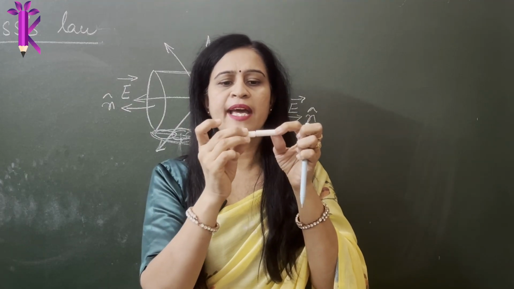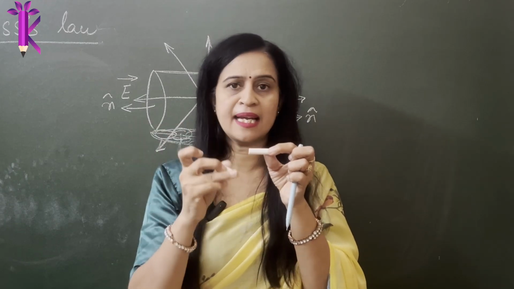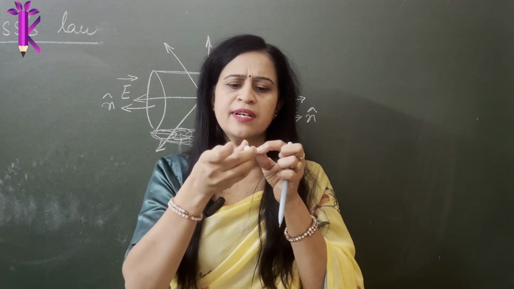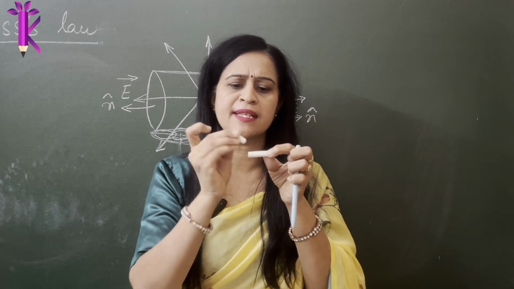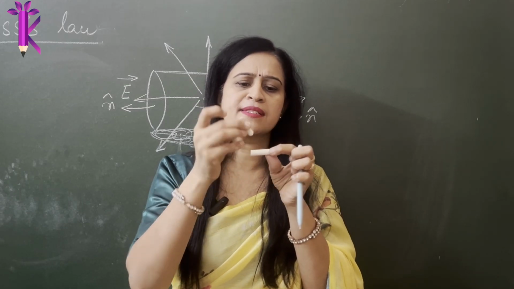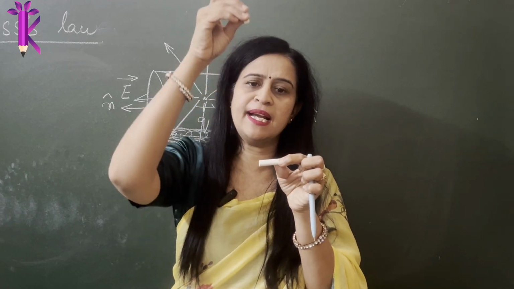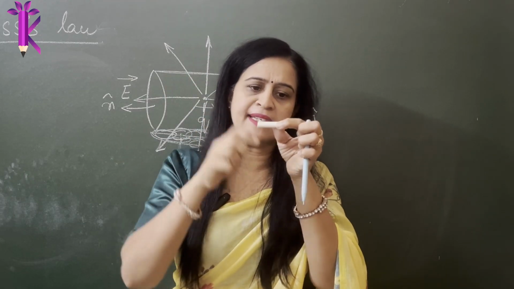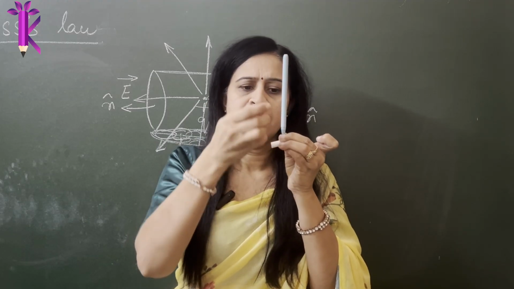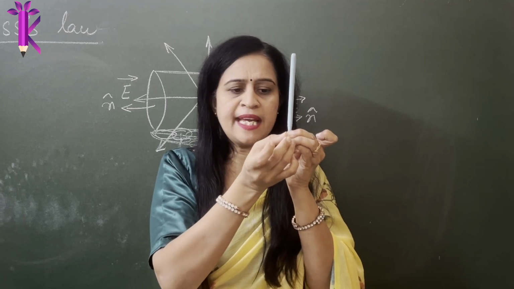Here, both the area vector and the electric field are parallel to each other. The angle between them is 0. For the curved surface, how do you find it? They are all tilted, pointing in this direction, and this direction. The electric field lines are perpendicular to it. If the charge is placed inside this, the electric field line is in this direction, whereas the area vector will be in this direction.